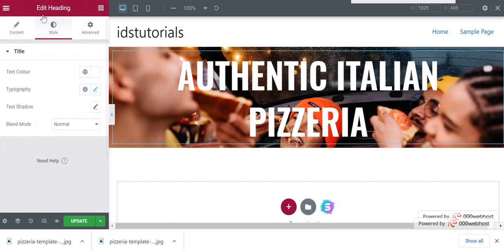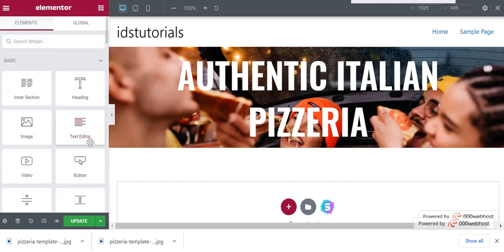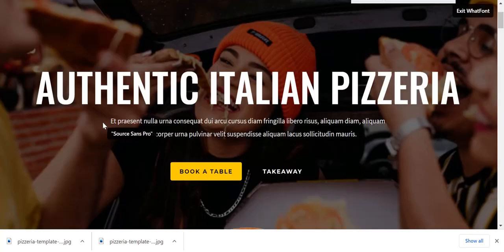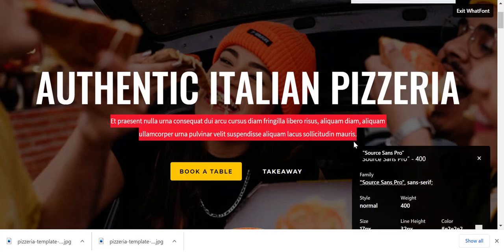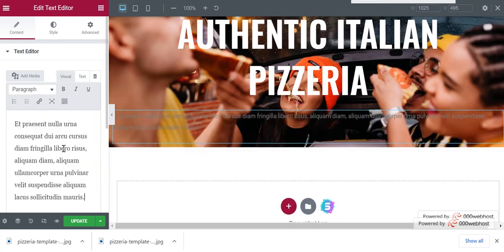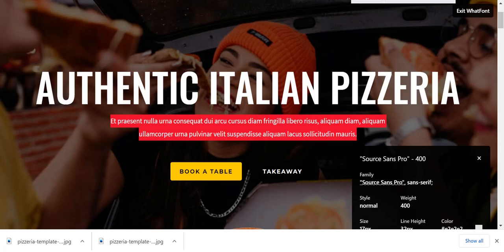You can do it either from the text editor or from this heading. We will use text editor. Drag and drop it. Okay, copy it, paste it. Now go to style and make it white.